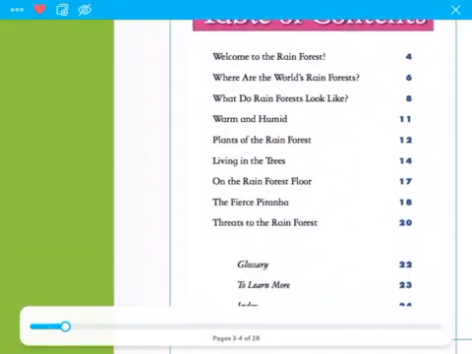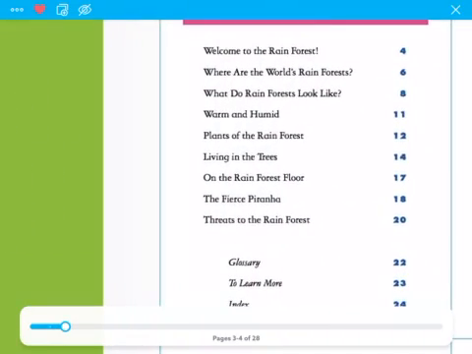Looking at the table of contents again, great introduction, which is also another great example of a summary. Welcome to the rainforest gives you the highlights, those big main parts of the story. And remember though, when you are choosing your chapter to do a summary on, do not do the introduction. That already is a summary in itself, so you're going to want to choose one of